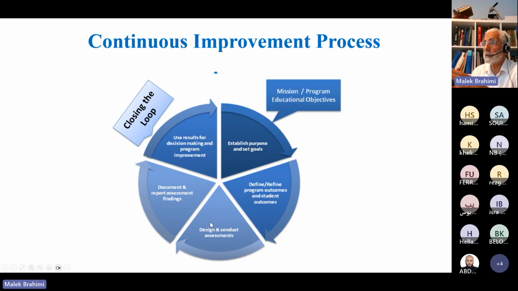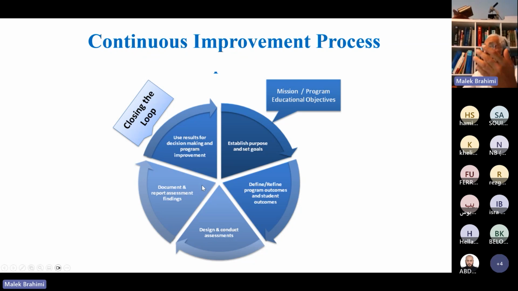From here to here, it takes 2 years to do that, 2 years. And the next 2 years, another round, he's going to correct the weakness of that student. He's going to correct it and do the loop again. That's improvement. That's why we call it continuous improvement process. Wherever any weaknesses, he's going to correct it and try to make it up for the students.